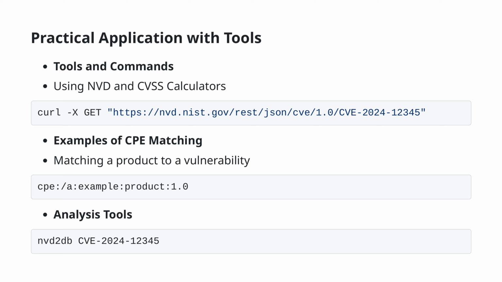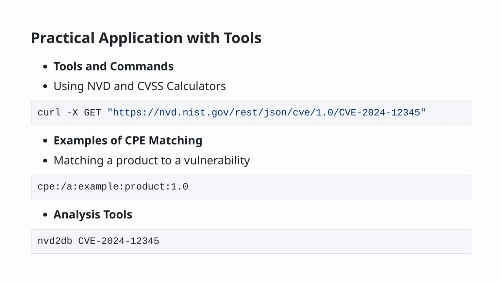Now, let's discuss the practical application of CPE using tools and commands. One of the critical aspects of utilizing CPE is leveraging tools like the NVD, National Vulnerability Database, and CVSS, Common Vulnerability Scoring System, calculators. For example, use a simple command with curl to fetch specific CVE details from the NVD API: curl -X GET nvd.nist.gov/json CVE-2024-12345. This command retrieves detailed information about a particular CVE, which can then be analyzed for its